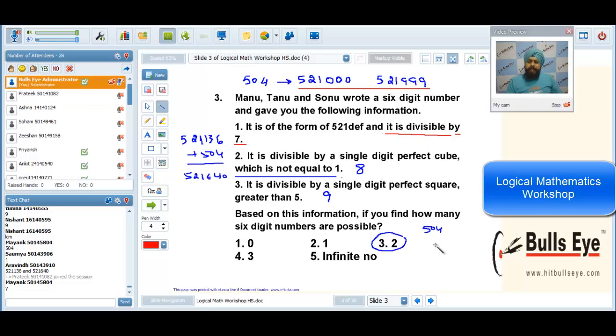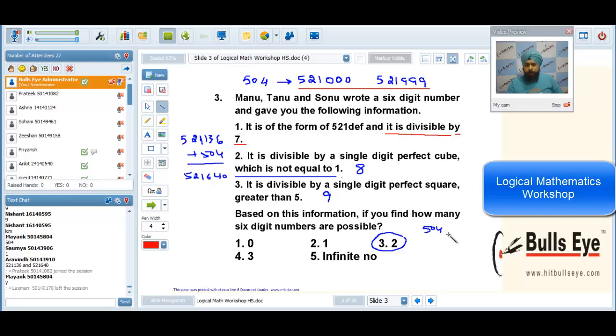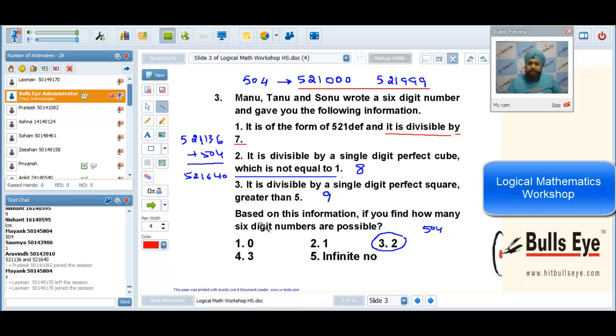Guys, don't you feel that in extreme circumstances you can say within the 1000 numbers there will definitely be two multiples, two numbers which will be divisible by 504? The reason simply being a 504 difference means there is around 97-98% probability that there will be two numbers, and there is hardly a 2 to 3% possibility that there will exist